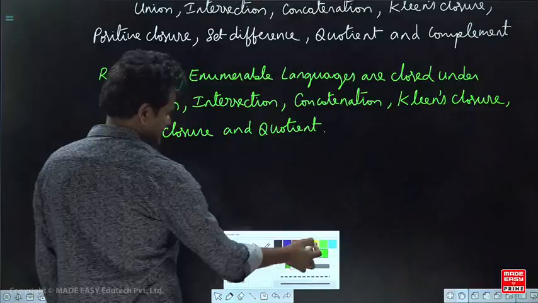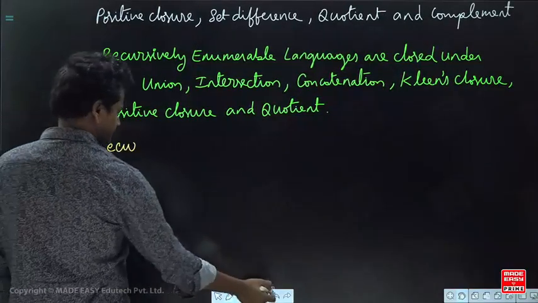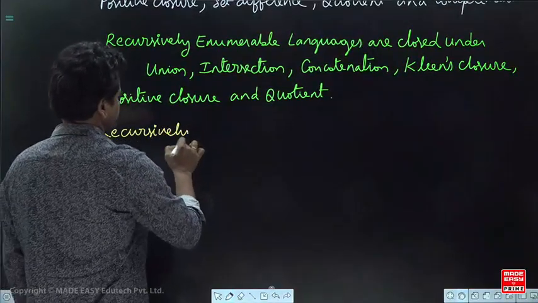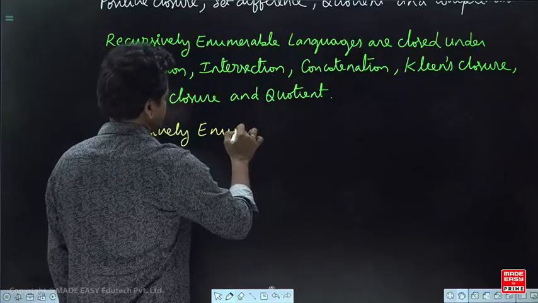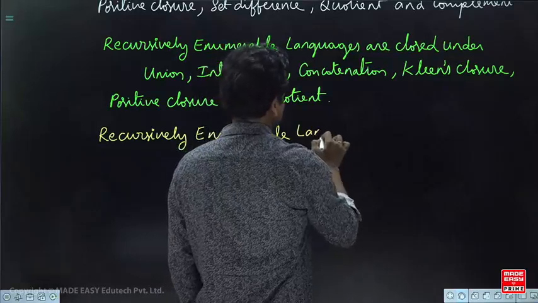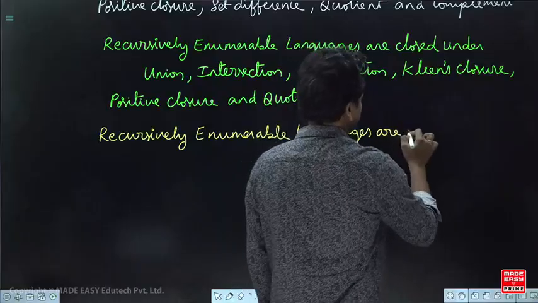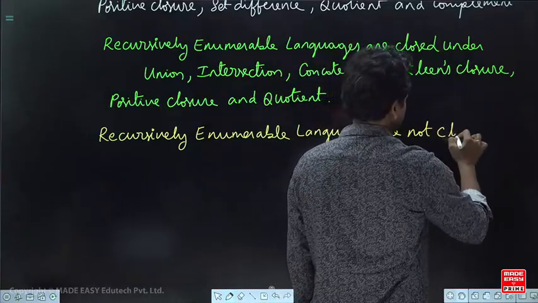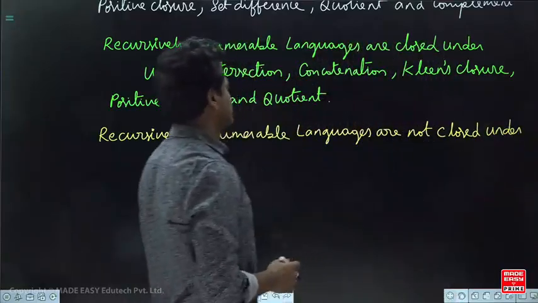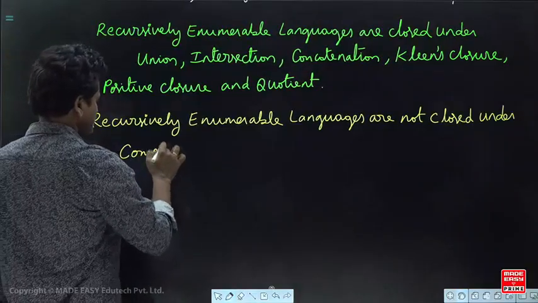Now here the main important point is this one. Recursively enumerable languages are not closed under complement